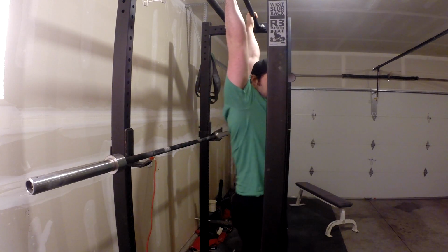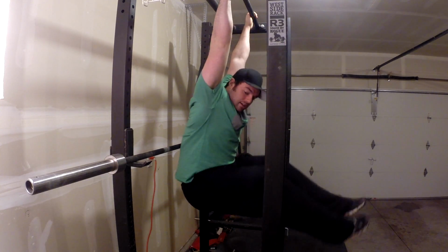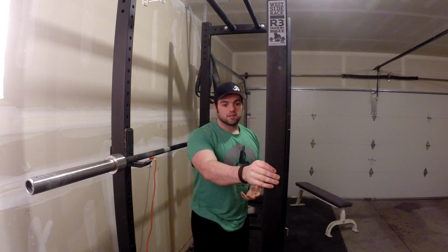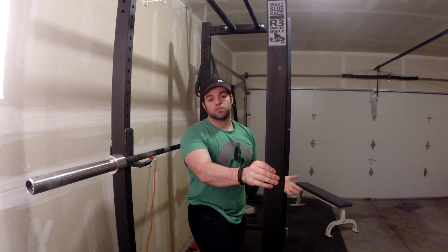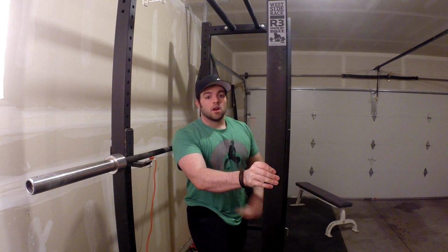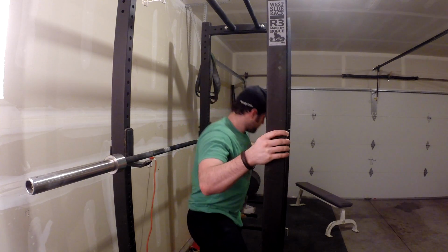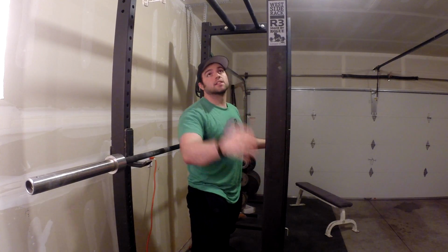You see how the hips, I can't even stop swinging because the hips shoot back and kind of turtle back like that. That can train your abs effectively, but I really don't think it's nearly as effective as some alternative ideas, and it definitely doesn't get the spirit of the movement when I assign that to my athletes or when I'm training it myself. The way that I like to do these,